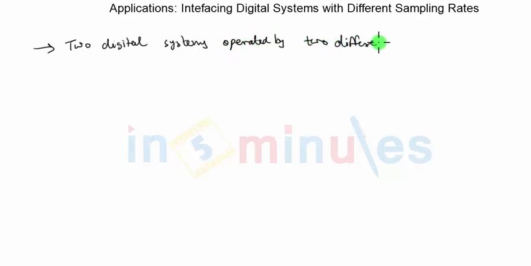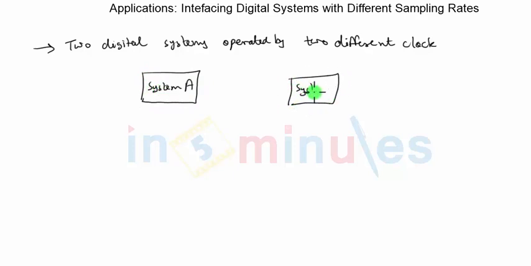Now, when that is the case, all the signals in the first digital system will operate at some specific clock frequency, and all the signals in the second system will operate at some different clock frequency. So let's say we have system A and system B. Now suddenly in some application we have to interface the two systems. That means it may be the case that the output of system A is to be given to the input of